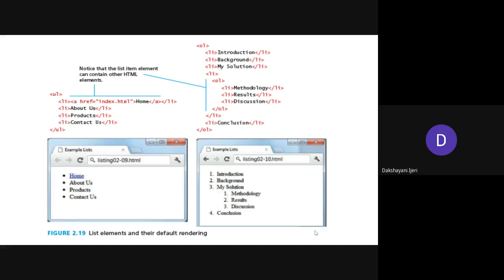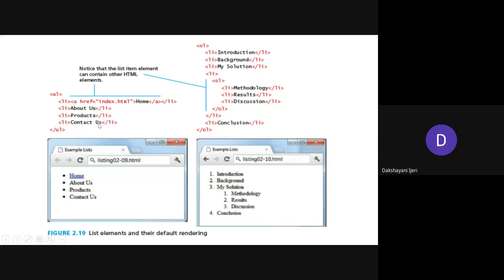So there are three lists that you can create in HTML: unordered list, ordered list, and the definition list. So unordered list you can start creating by using the UL, and to add the items to the list, you have to use the LI for each element separately. That means you have to start with the LI, and once you completely add that element, you need to close that element there itself. And similarly it has to be followed for the rest of the items.